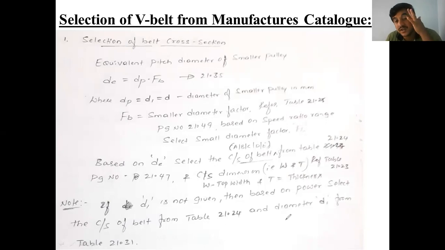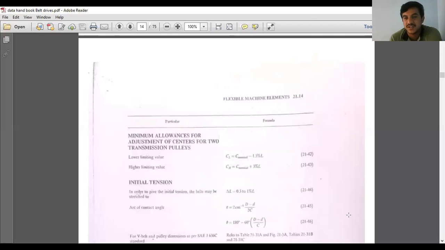Now which data handbook will we use? Don't use the short copy or the earlier one I sent, the 1282-page data handbook. Don't use that data handbook; use the copy I sent today, because the table numbers will change.